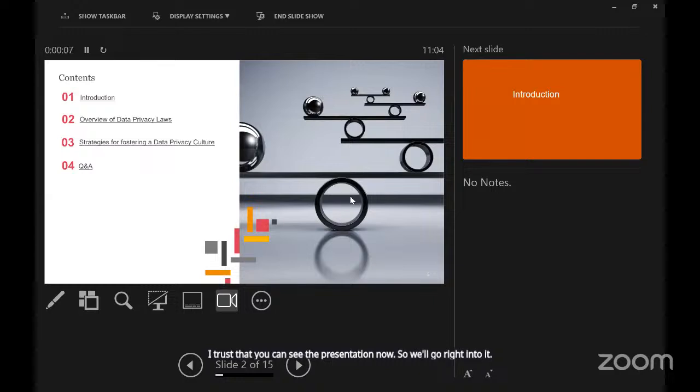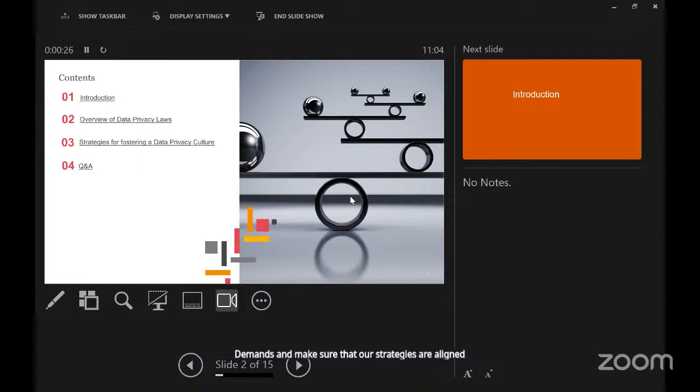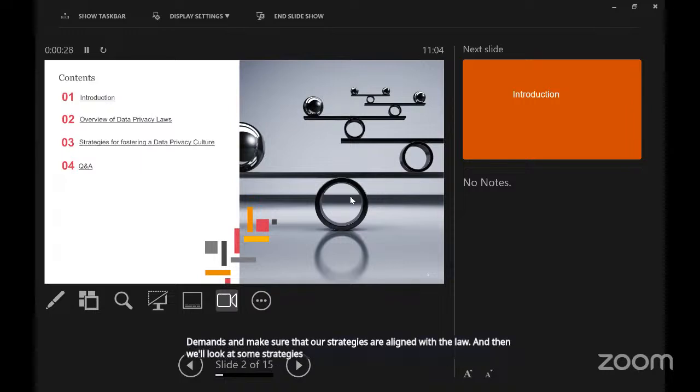So for the presentation, we'll have a brief introduction, and then we'll look at the overview of data privacy laws. Of course, we have a framework that exists, because whatever culture we have needs to take into account what the legal framework demands, and make sure that our strategies are aligned with the law. And then we'll look at some strategies for fostering a data privacy culture, and then we'll look at the questions